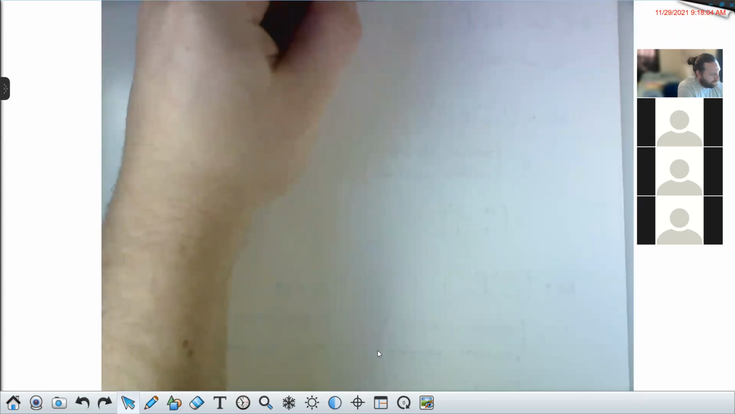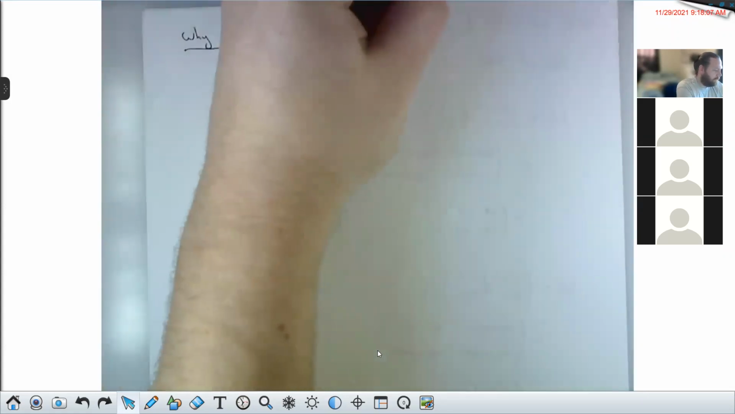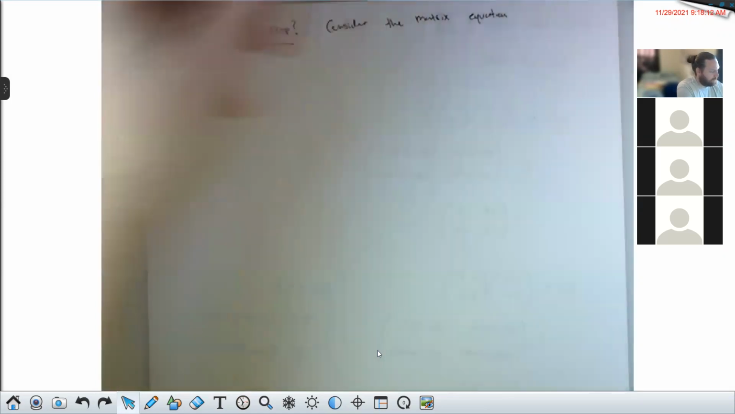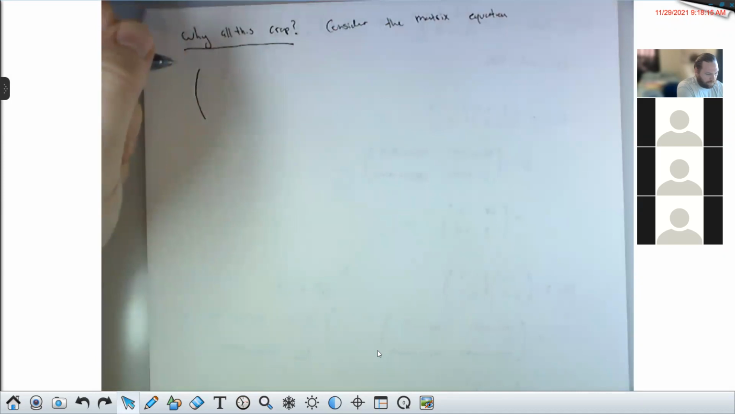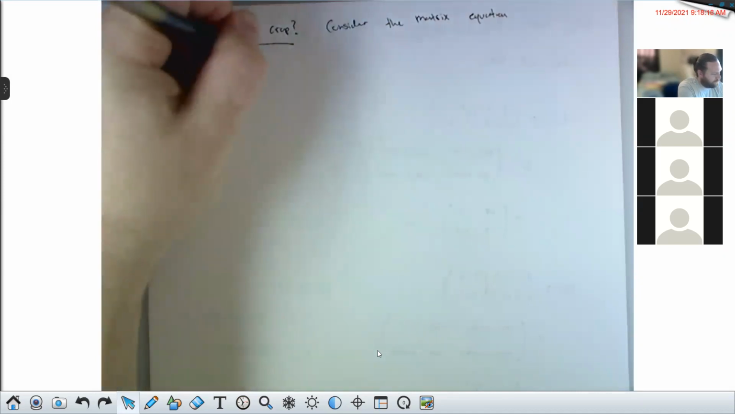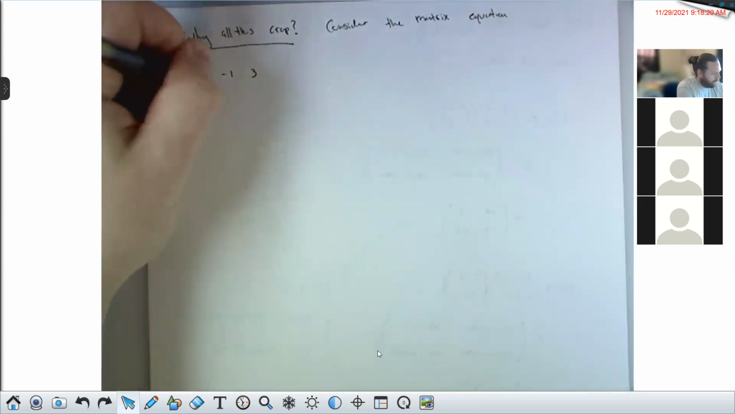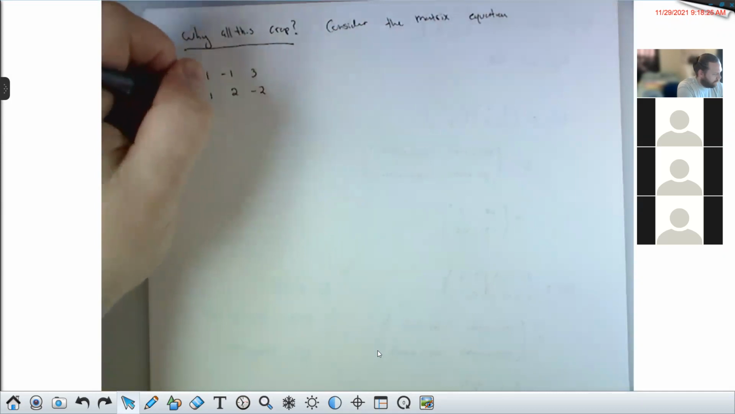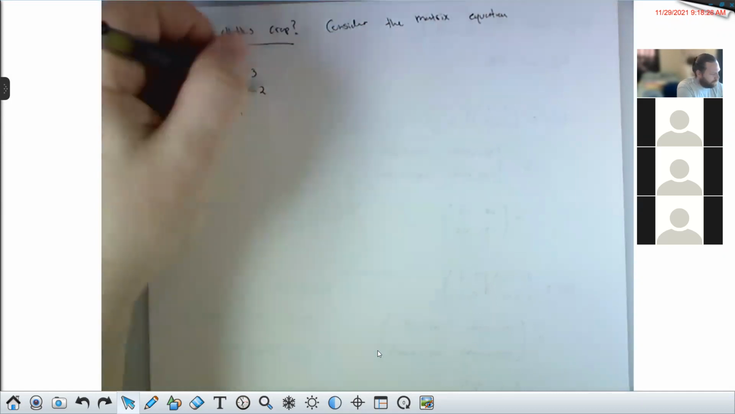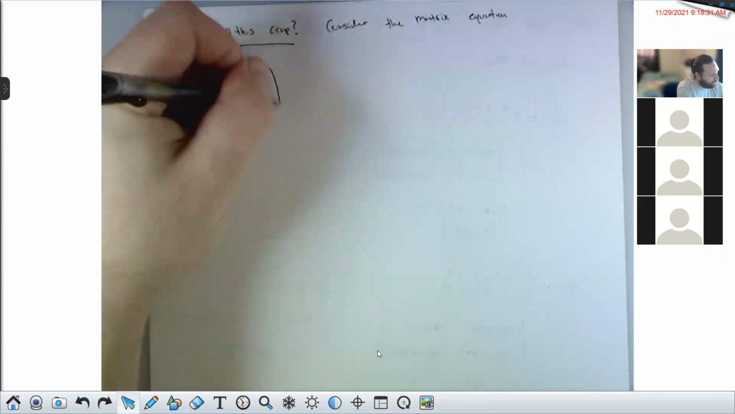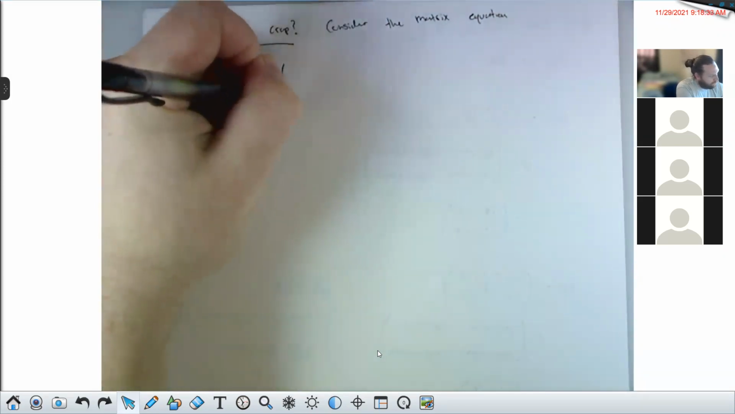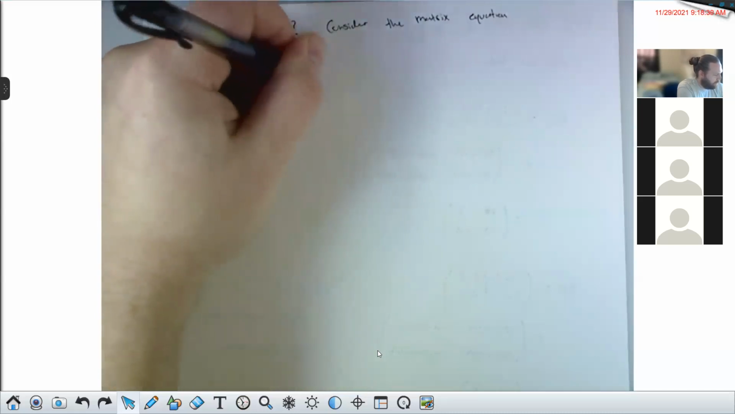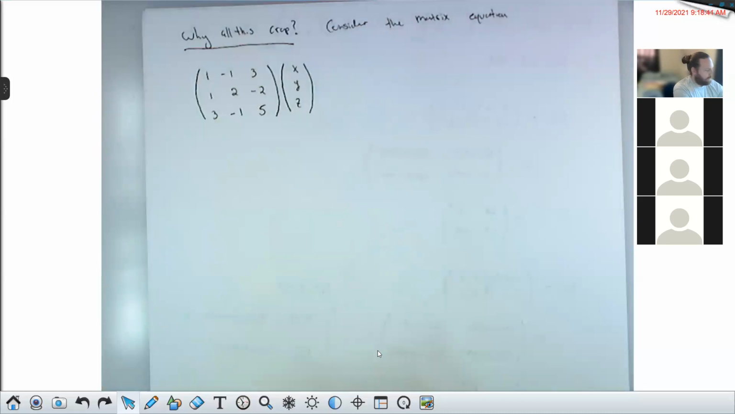Consider the matrix equation: the matrix (1, -1, 3; 1, 2, -2; 3, -1, 5) times little x, little y, little z as a column equals